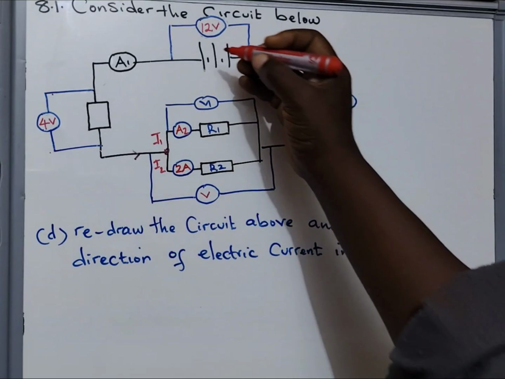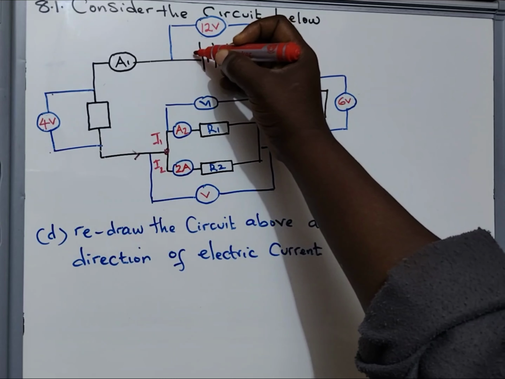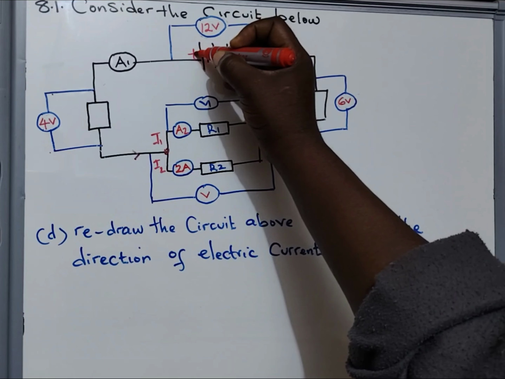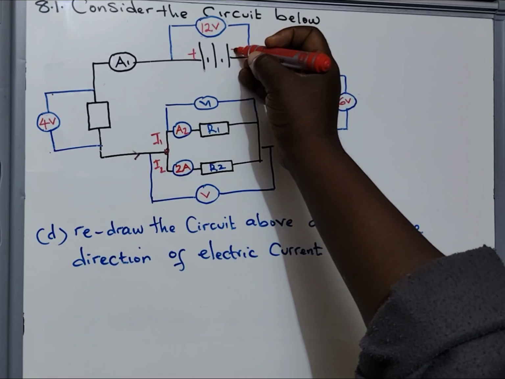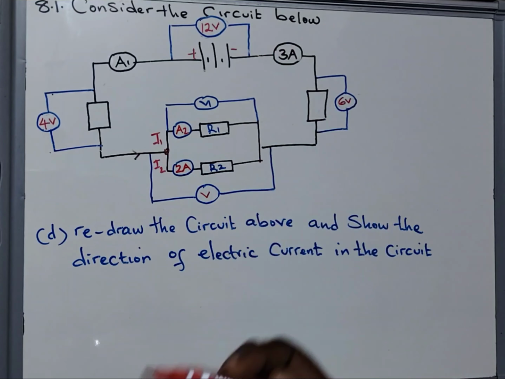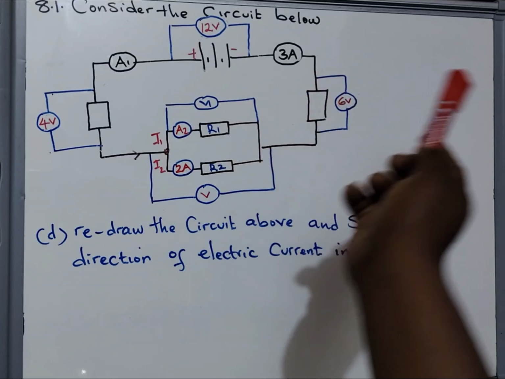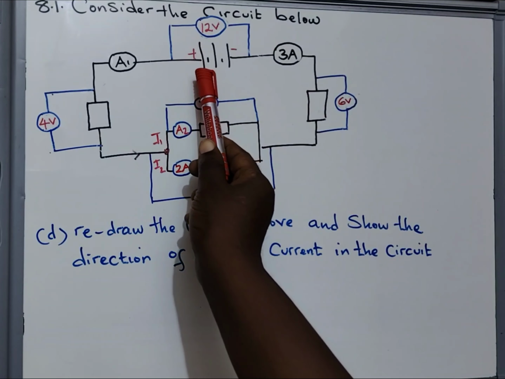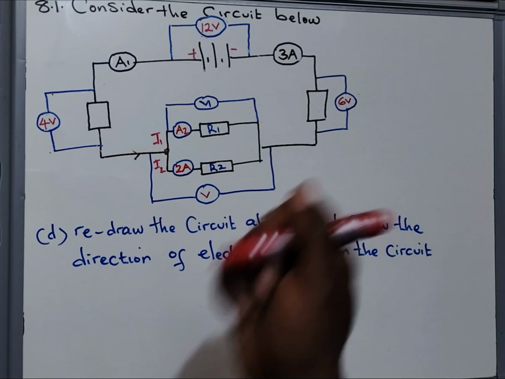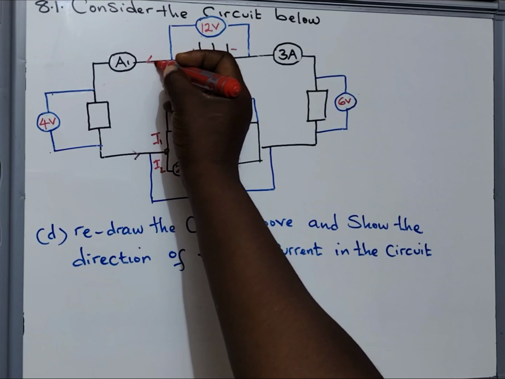And all I need to tell you is that this long stroke is positive and this side is negative. Conventionally, I have to tell you that that's a wrong direction, but it was adopted. Conventionally, electric current flows from positive. So we take this one